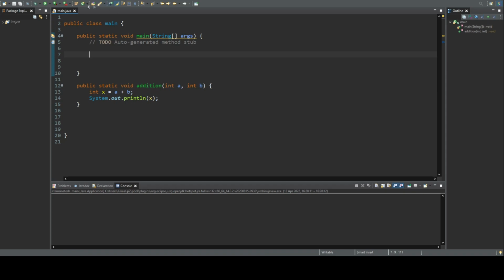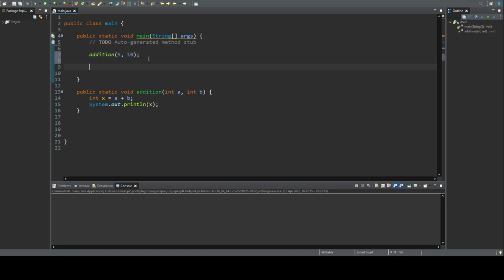So if we run this, you can see nothing happens, because we actually have to call it. We call it in the main. We can call it in other methods, but we're going to call it in the main for now. The way we call this is we do addition in brackets, and then give it two numbers. Let's do 5 and 10. Here we are calling the method. This is the name of the method, and now you can see we are passing in two numbers. We're passing 5 as a and 10